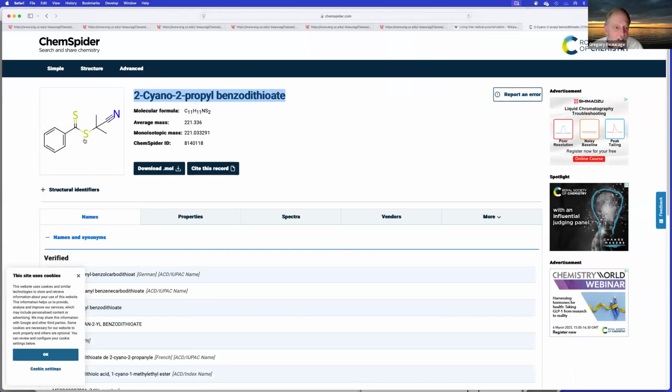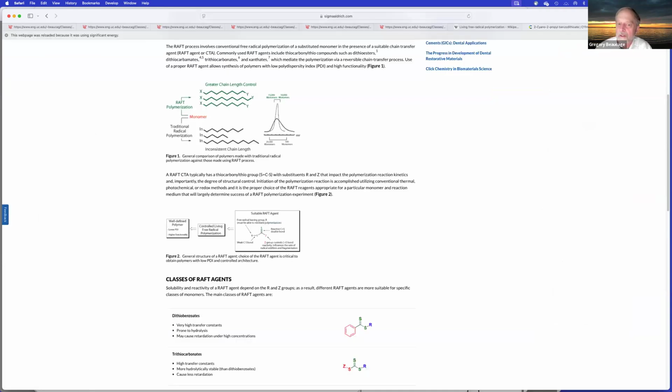This is the thiol that they're using in this group, and this one's tuned for this depolymerization. The cyano-2-propyl benzodithioate. So this is called a carbothiol, or carboxyl thiol, they call it. So carboxyl would be like a double bond O. Carboxyl thiol is the same thing with an S here. And S again has this thing that will attack double bonds. And then if you look